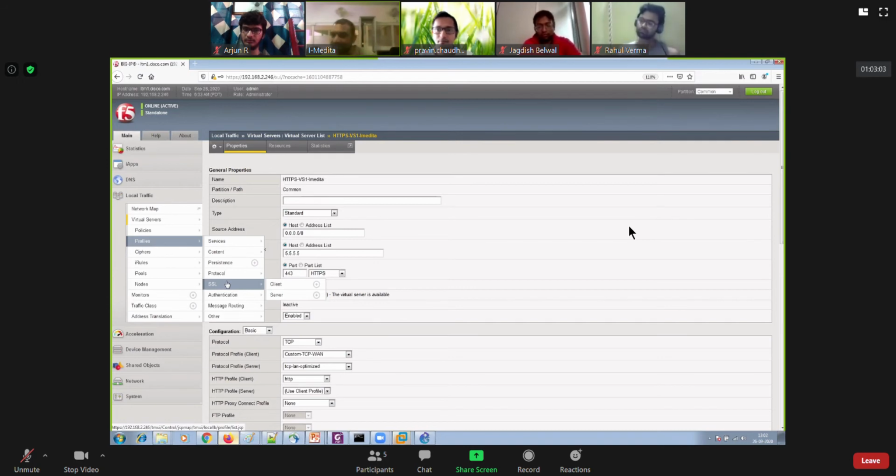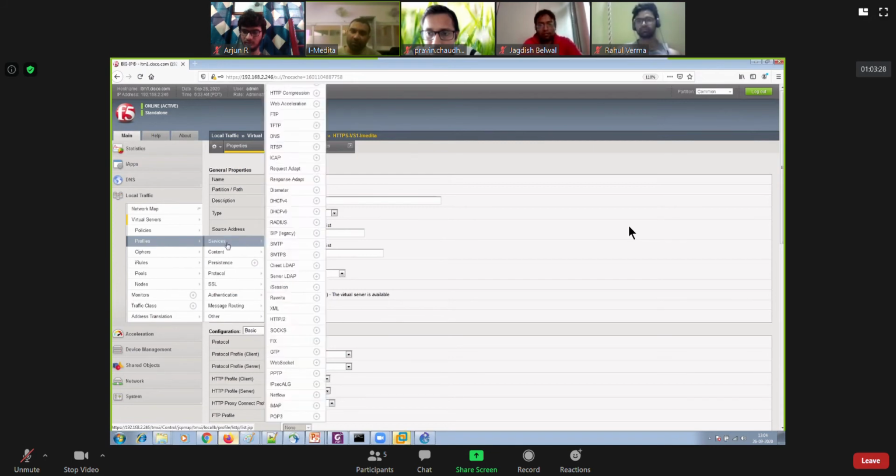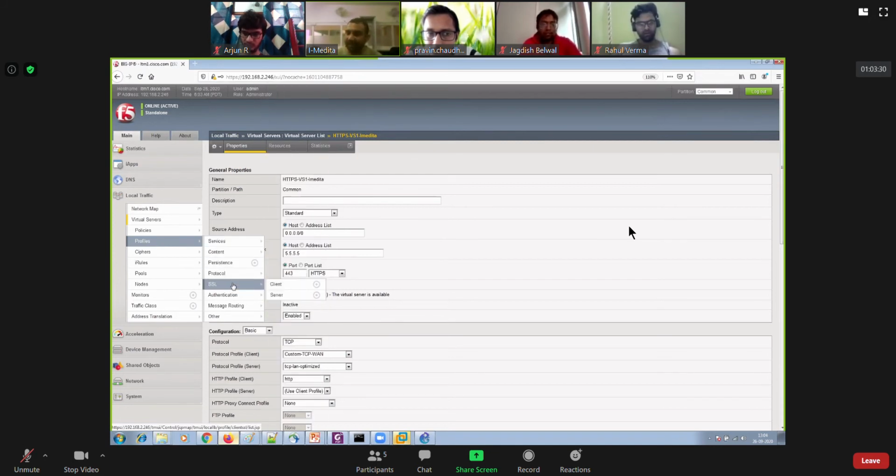We are securing our connection between client and BIG-IP using the SSL profile, and the encryption and decryption is performed by the BIG-IP only. We have offloaded this operation from our real servers by doing SSL offloading. For that purpose, you go to profiles and then create an SSL profile.